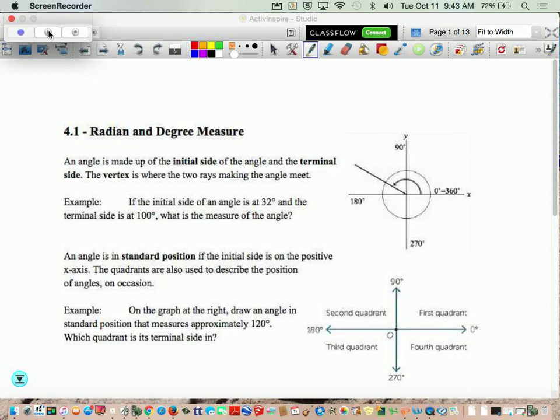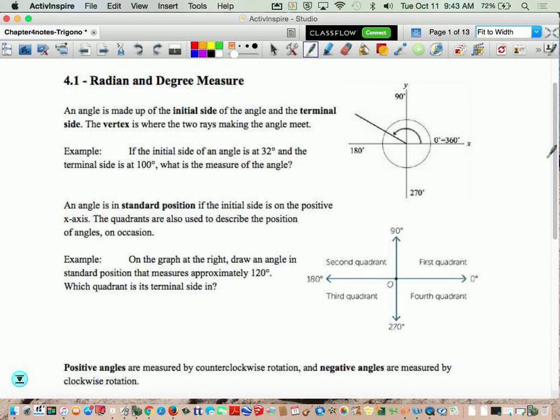You can see they're talking about the initial side and terminal side. With the initial side and terminal side, we start here as the initial side, and the terminal is talking about where you end up. So that should make sense. Initial, start; terminal, end. And those two things, the vertex is where the two rays meet, and how far does